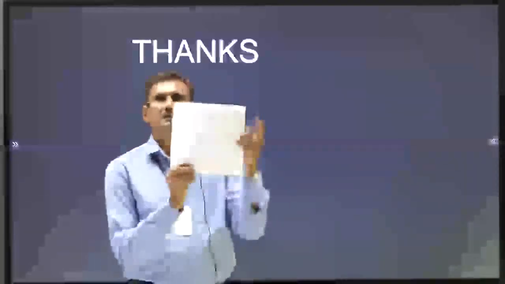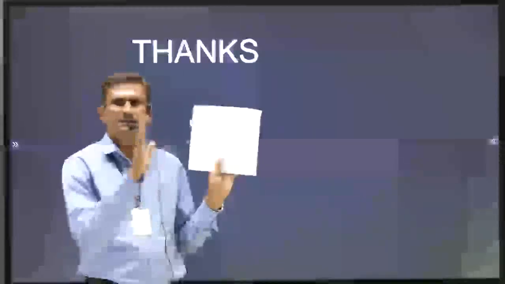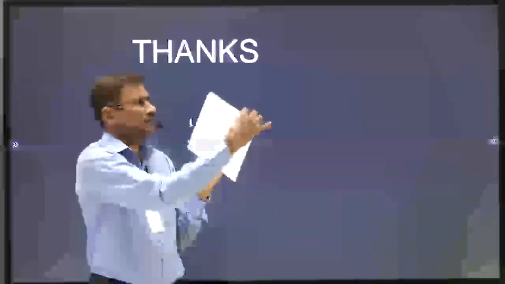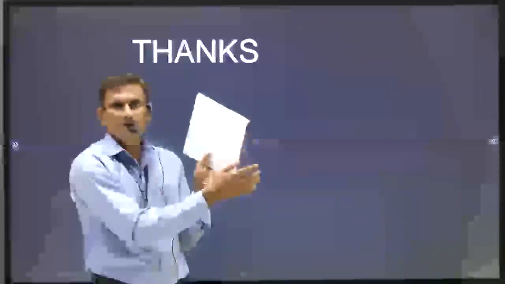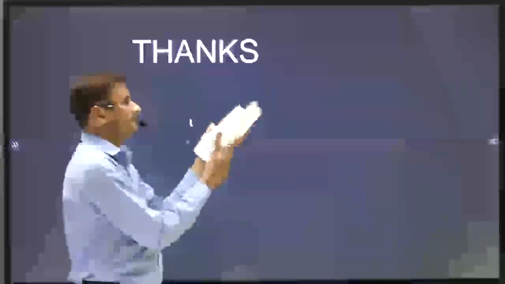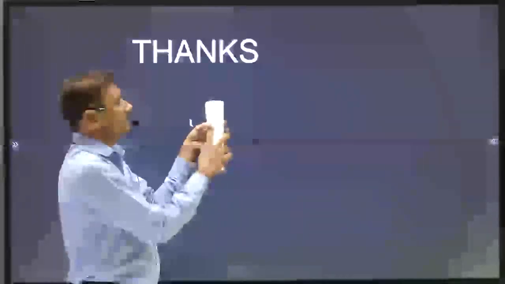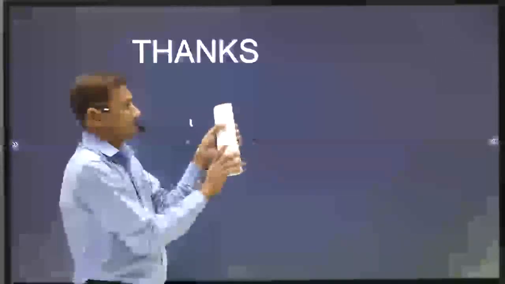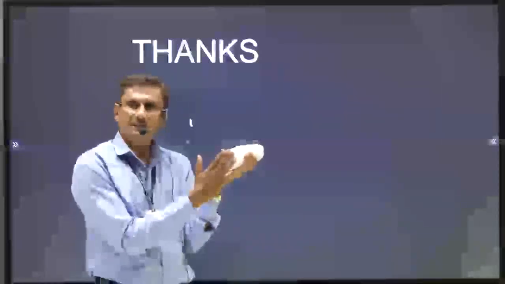Okay, and the last one is the cylinder. The cylinder is very simple, just one rectangle is needed. Here also I prepared a flap, but flaps are not needed if you overlap some part here. So if I fold it that way, then obviously it will be a cylinder. Now 2 bases are required, one circle here and one circle here. Again the same way, just like the cone, either you can measure the diameter, get the radius and cut an exact circle, otherwise stick anything and then cut it.